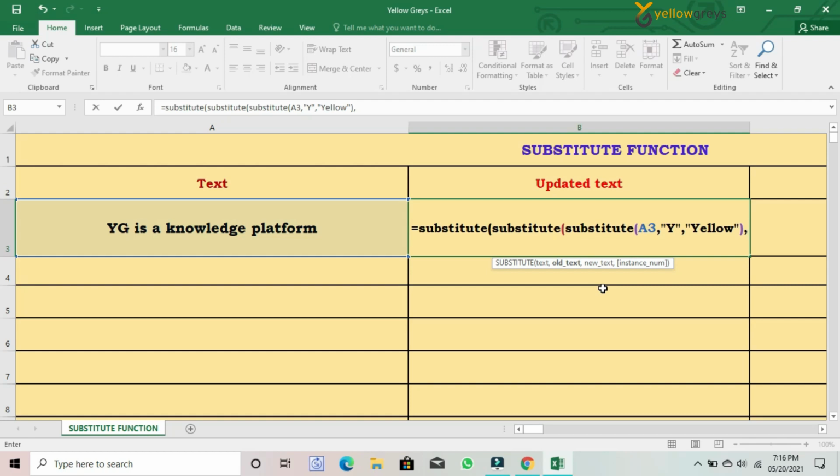then no need to select the cell reference of the text, just type the text to be replaced, like old text and new text.